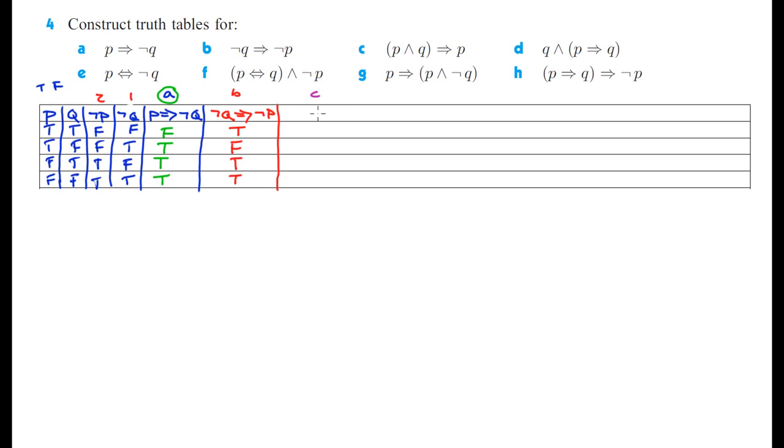So C, we're going to do P and Q. We don't have that yet, so let's figure that out first. So C will actually end up being over here. Okay, so P and Q, just these two together, so they have to both be true. So the first one is true. True false is false. False true is false. And false false is false. Now we're going to be able to do part C, which is P and Q